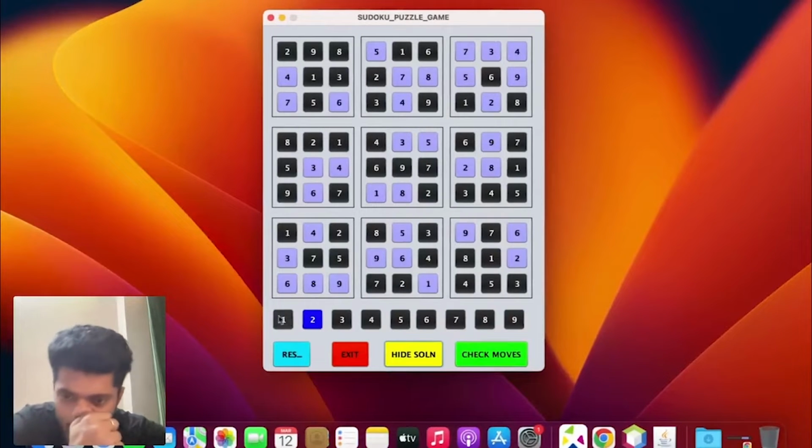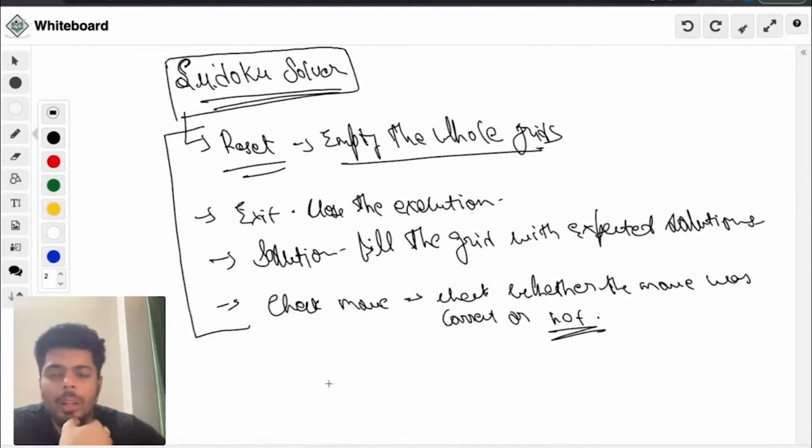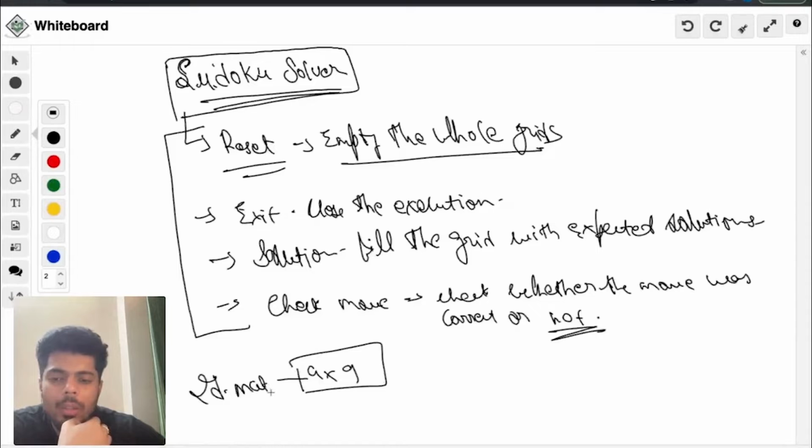This is how it's going to look, and this is how we are going to carry things up in our JFrames, right? Of course you can see that we have nine columns here, 1 2 3 4 5 6 7 8 9, and of course nine rows here. So it's going to be a combination of a 9 cross 9 2D matrix.